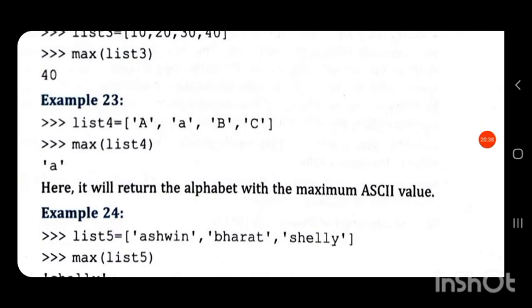So when we print max of list4, it will return small a, because small a has the highest ASCII value of all the capital letters.